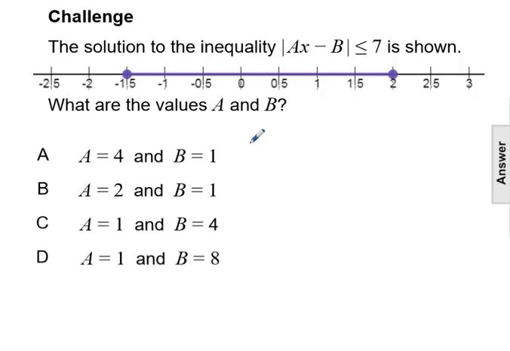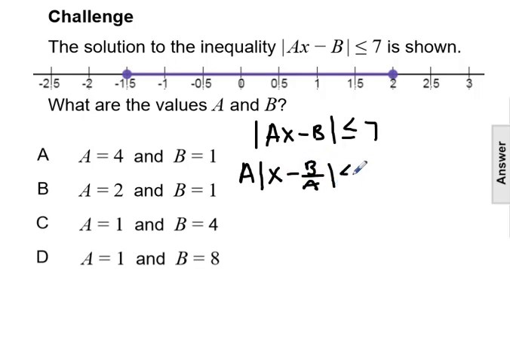So the absolute value of ax minus b is less than or equal to 7 doesn't give us any information about the center and the distance. So let's try and rewrite that with a coefficient of 1. Let's try and factor out from ax minus b that coefficient of a. That would give us a times the absolute value of x minus b over a is less than or equal to 7. And if we divide by a,